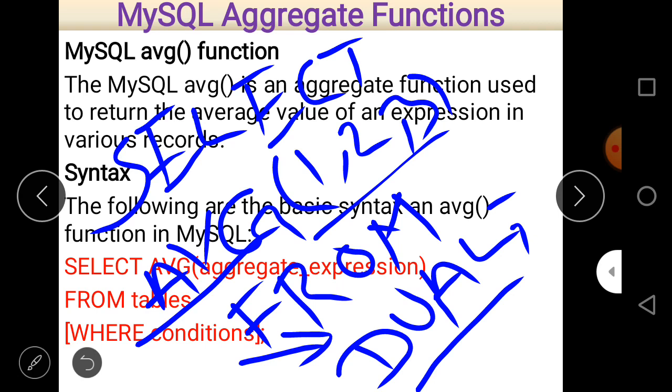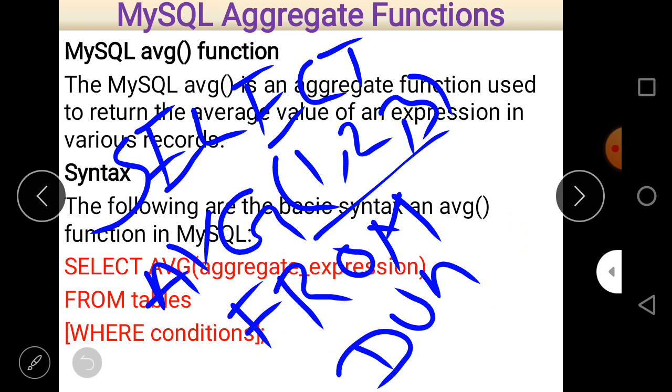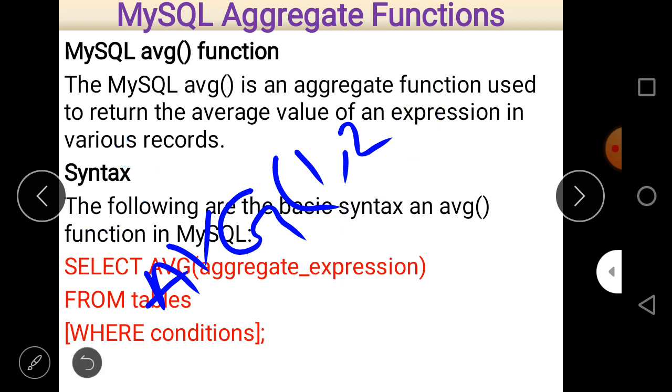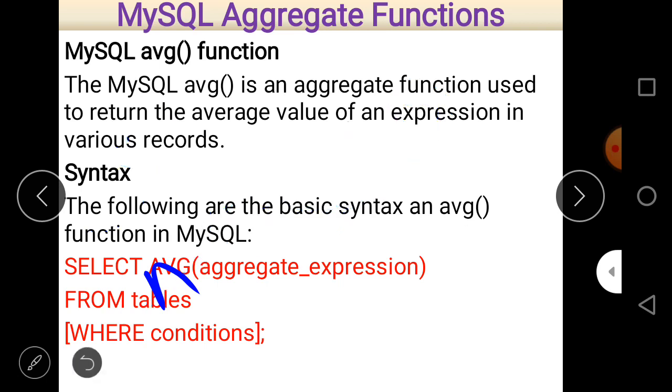It is a system generated table, or MySQL default table. But when there is a table given, then you can use the average function using that table.